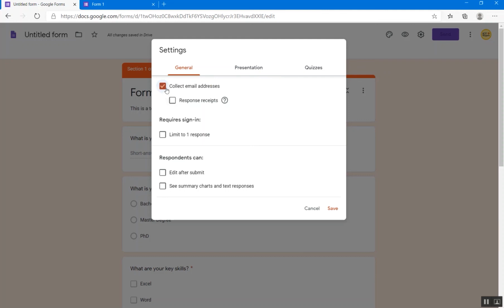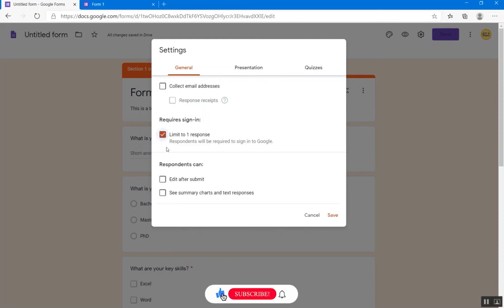So if we click on that, we will collect the email addresses of our audiences when they log in and fill the form, and their email addresses will be entered with the forms. If we want, we can check this option. And this is important, it says that requires sign in. If you click on this option, now respondents will be required to sign into their Google accounts.